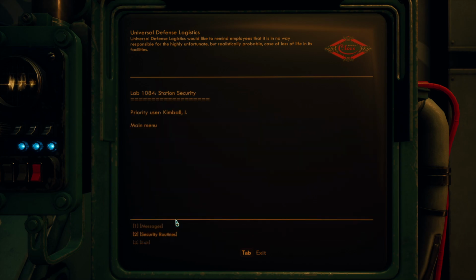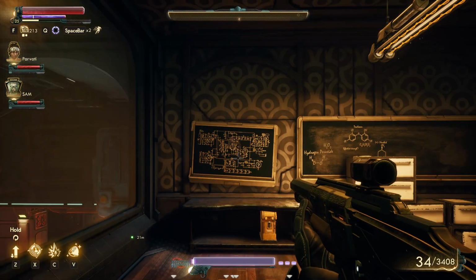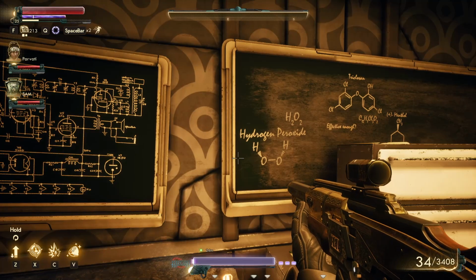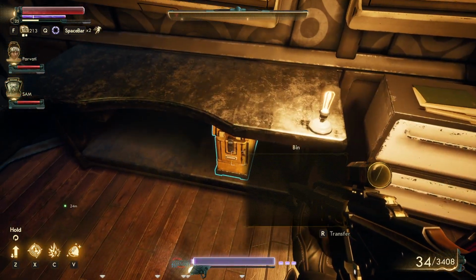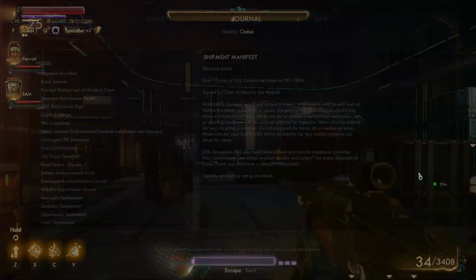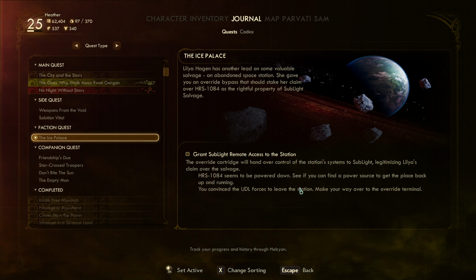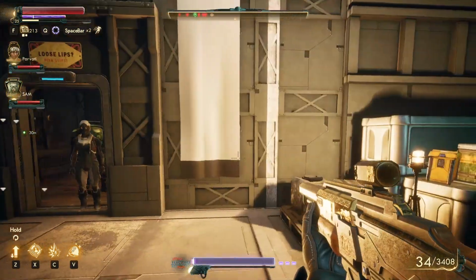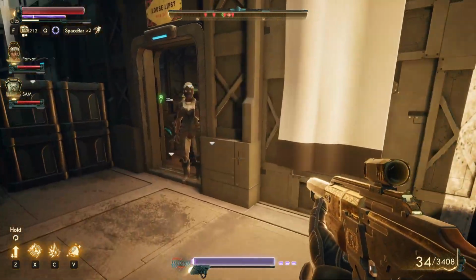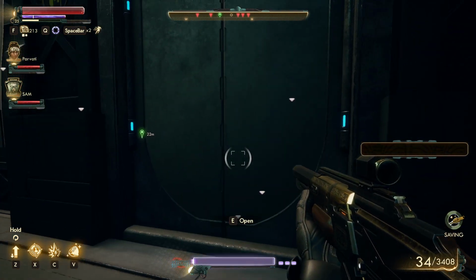Oh, well, there's your depression for today. So security routines. There are none. Okay. So what am I supposed to be doing again? I keep forgetting. Make your way over to the override terminal, which is over here. Let's save, because there are...